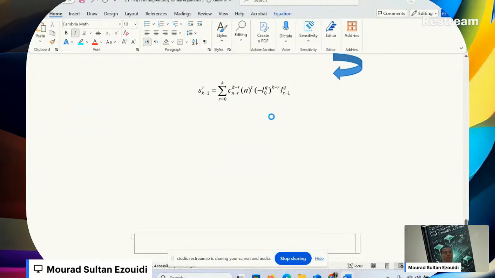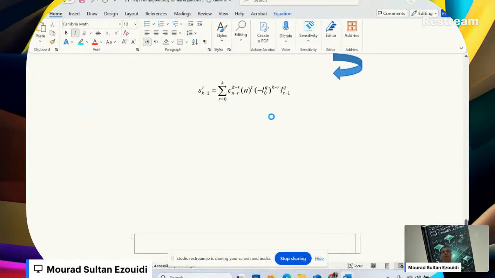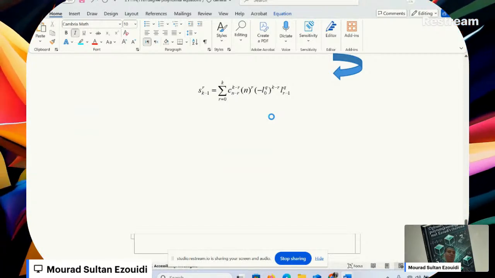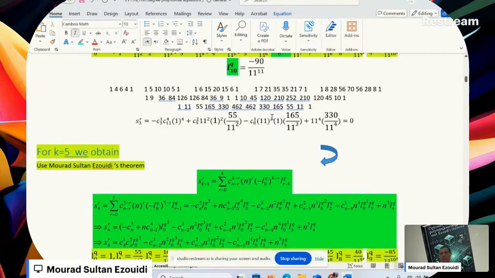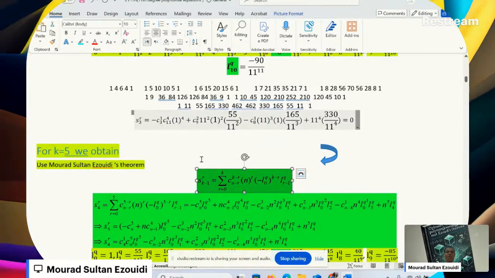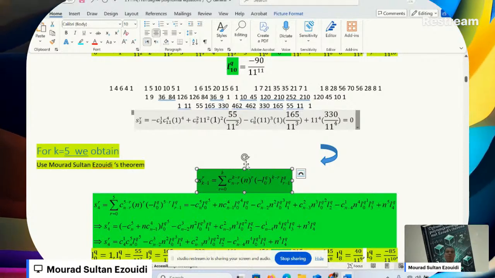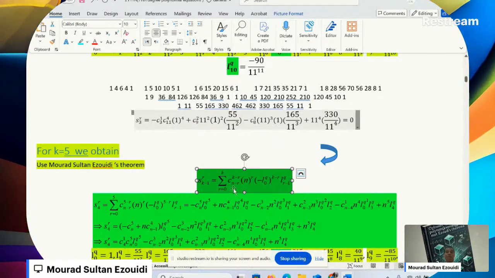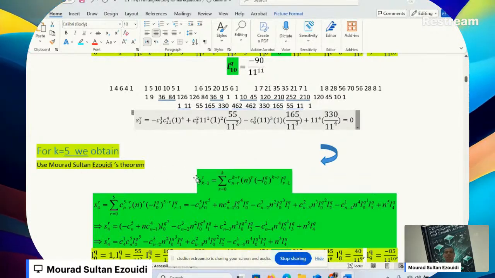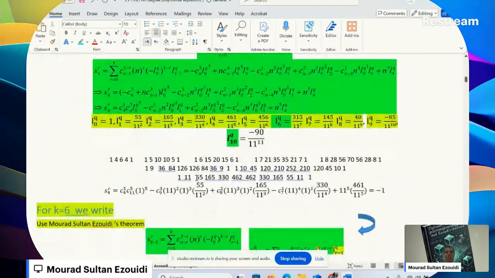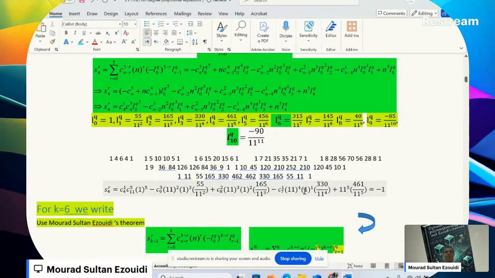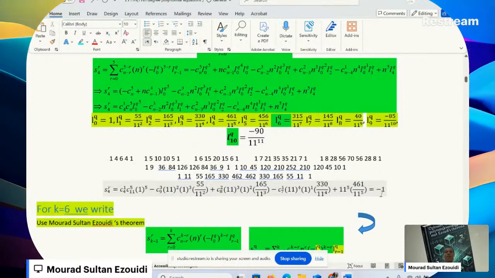We continue. Now we want to find S4. Here in this example, S4 has to be different from 0. I'm going to dive into the structure. My professors, teachers, colleagues, and learners, I'm going to dive into this structure, and then we will derive the fifth coefficient when k equals 5. So I will obtain S4. Here, S4 is equal to minus 1. Just use the calculator and figure out the value of S4.